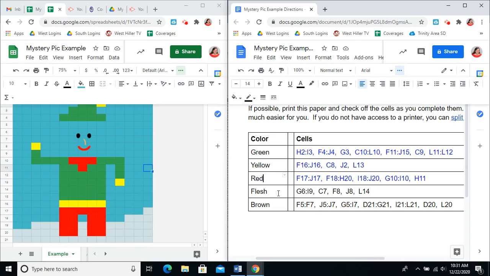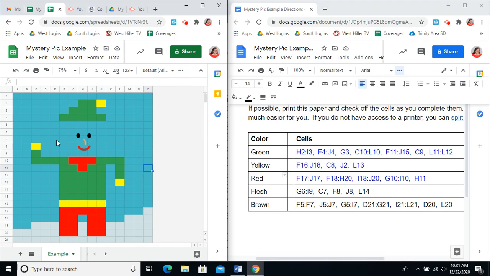Flesh can be any skin tone color. I'm going to make mine a light skin tone. We have G6 through I9. Whoops, I can't see my letters. Let me get rid of my toolbar. There we go. G6 through I9, C7,